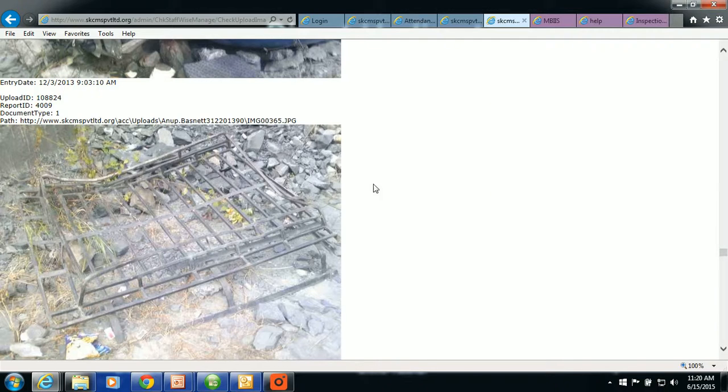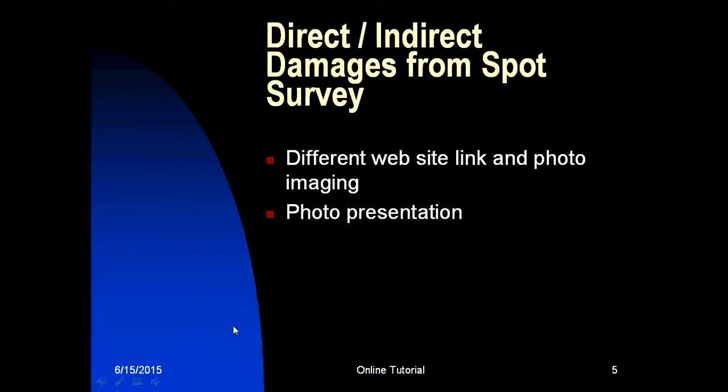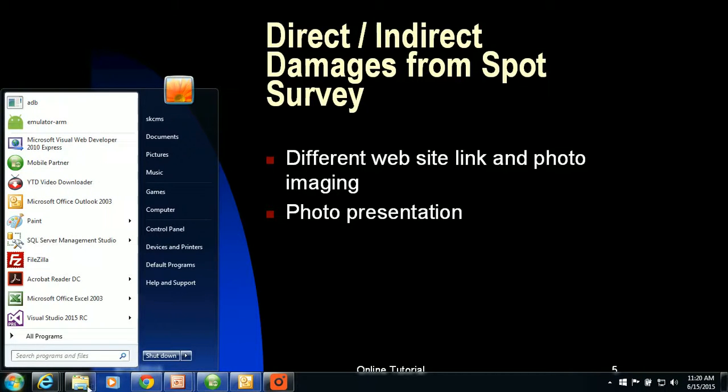Okay, let us check what is the next point. Next point, photo presentation. That photo presentation should be sequential, and you can